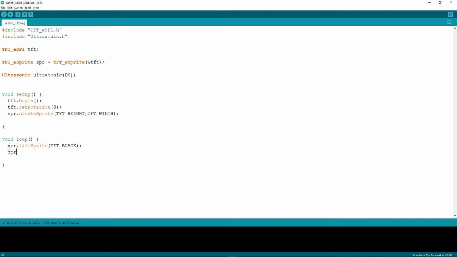After that I will set the text size, spr.setTextSize, and I will set it as 2. After that I will set a text color, spr.setTextColor, and set it as yellow.